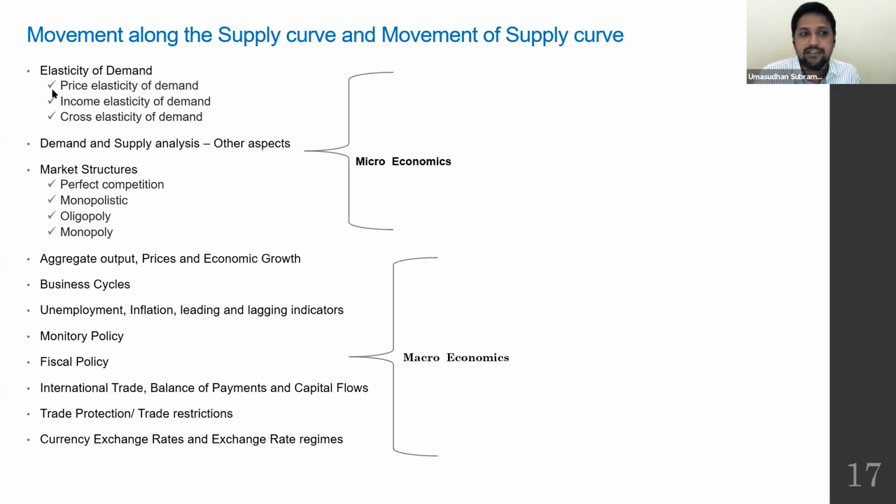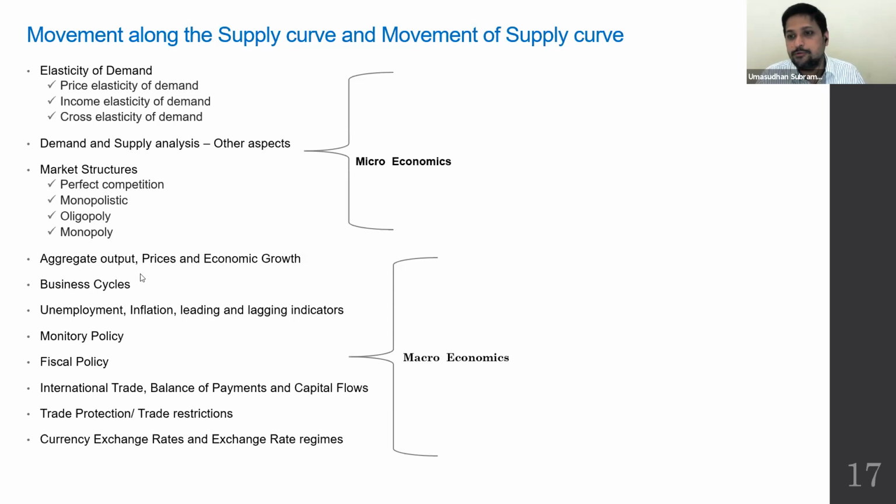Demand and supply analysis, we're going to talk about related factors of demand and supply, and then we are going to talk about the most interesting topic, market structures. What are the different markets available? Perfect competition, monopoly, duopoly, oligopoly, monopolistic competition, different types of market structures and their characteristics. They are very frequently tested in the CFA exams. So we talk about these three areas, and that sums up microeconomics in CFA Level I.